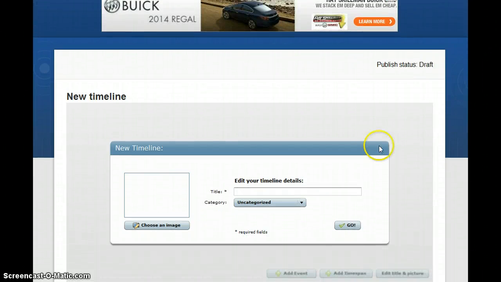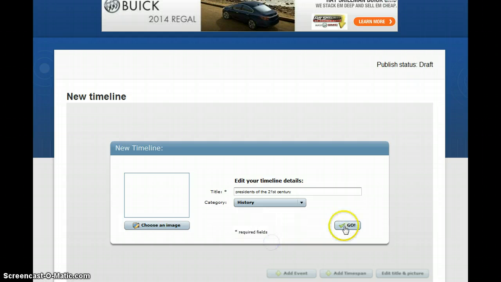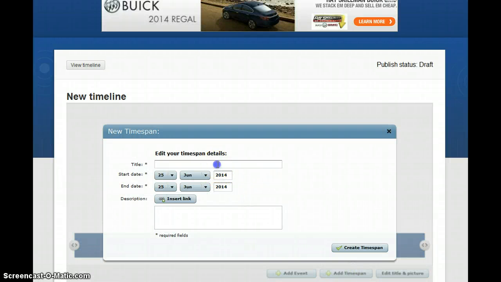And in this case, I did the presidents of the 21st century. Okay, and I categorized it as a history timeline. Now, a time span, again, presidents, let's put something as a title. My time span was the inauguration dates, so I went from the 20th of January